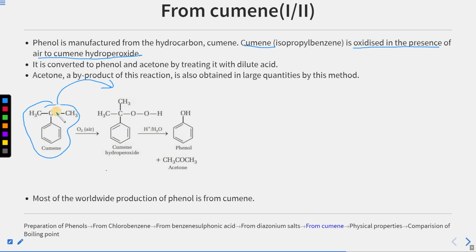So it is the C and H bond here. This O2 is inserted between both of these, and it is a kind of oxidative insertion. We are inserting something, and that is oxidizing this compound because we are adding oxygen, which results in the formation of cumene